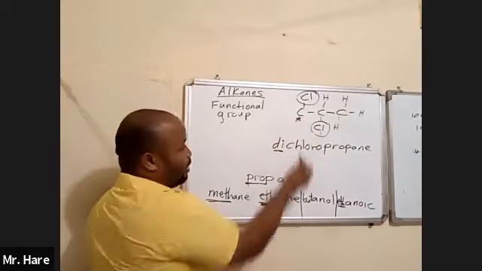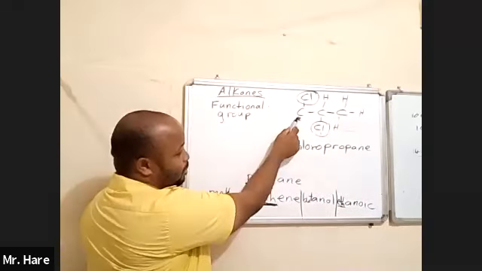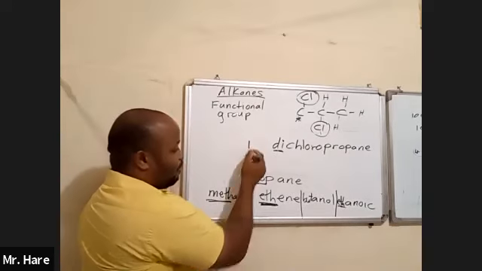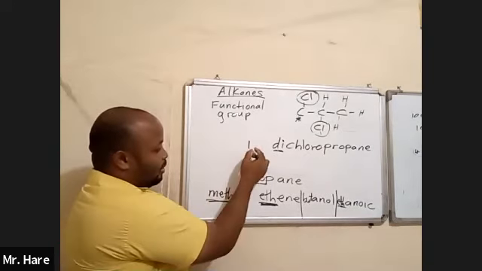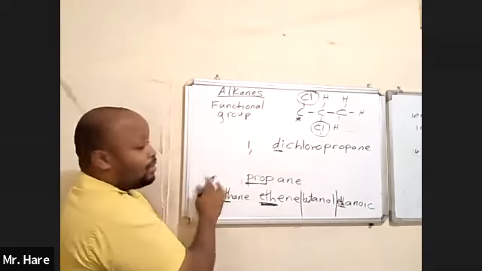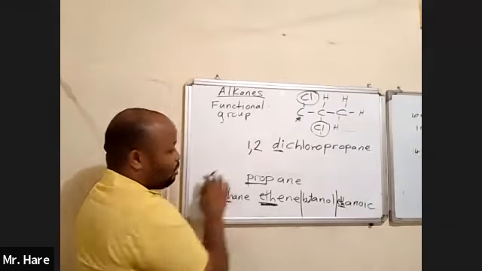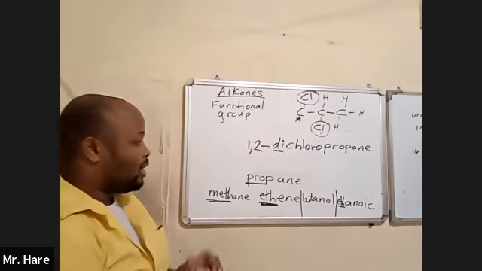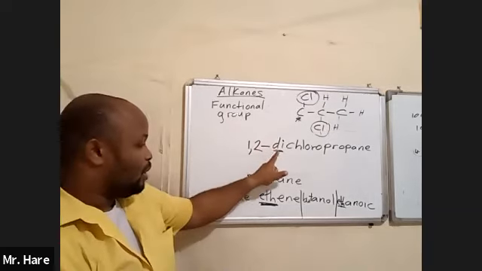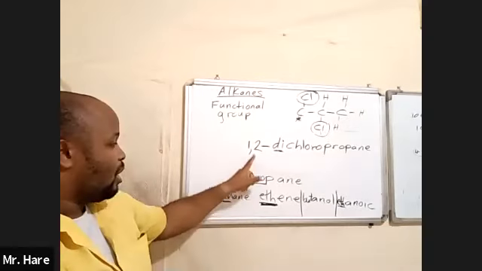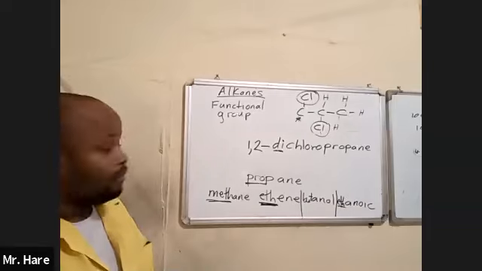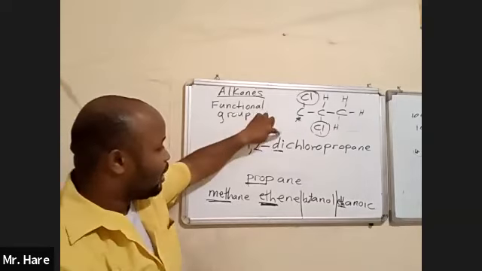Starting from here again, this would be the first carbon, this would be the second carbon. So one of them is on the first carbon, I'm putting a comma. The next one is on the second carbon. Then I put a dash. You put a dash between the number and the word, but you use a comma to separate the numbers. So it is 1,2-dichloro